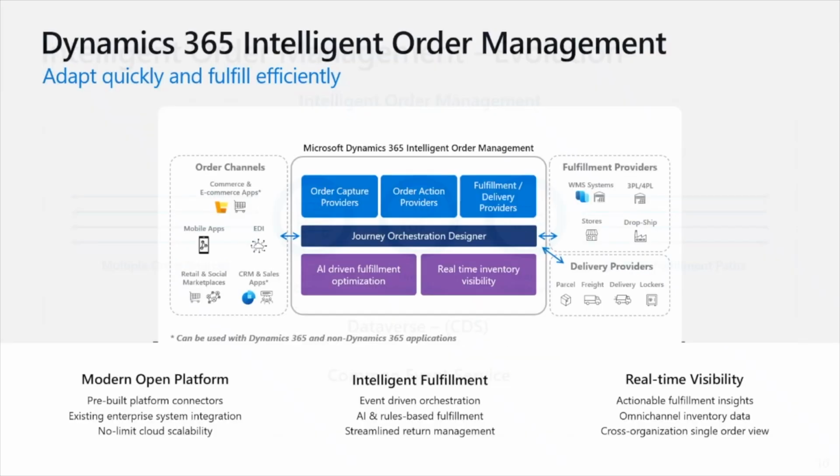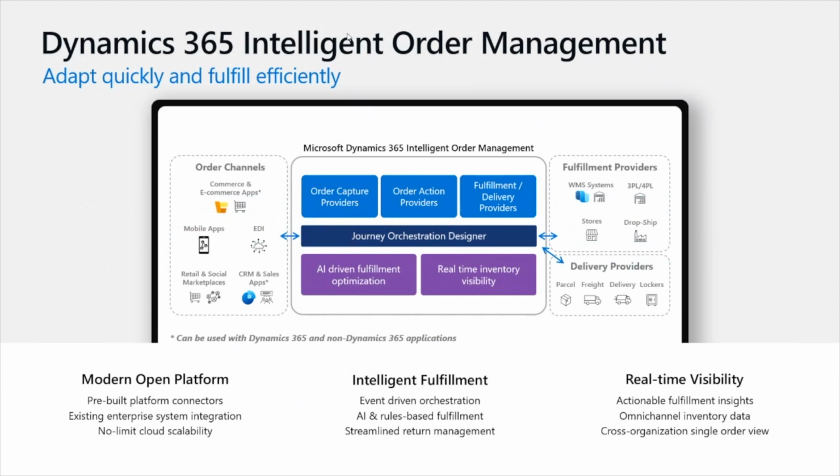So from that perspective, the solution footprint of intelligent order management is essentially this birthday cake solution as we're presenting here. We have providers that allow us to connect to different order channels, like we talked about e-commerce, EDI, different CRM or sales apps or marketplaces or apps that you've built, centralized through the provider infrastructure. Can trigger actions through our order orchestration process. And there can be actions through that we might need to call out to other services like tax, for example,